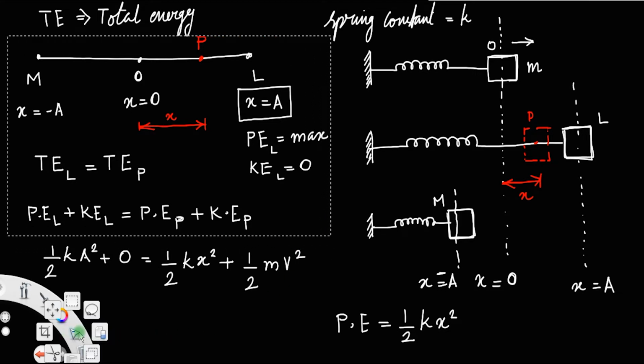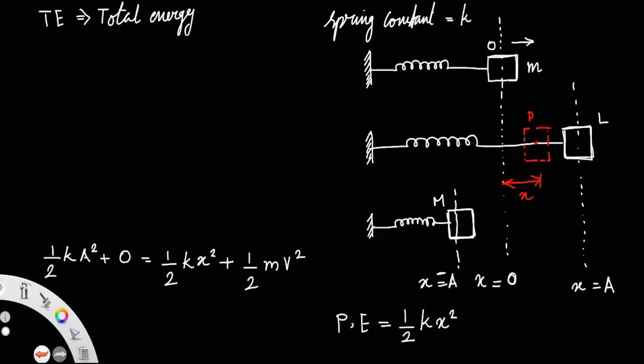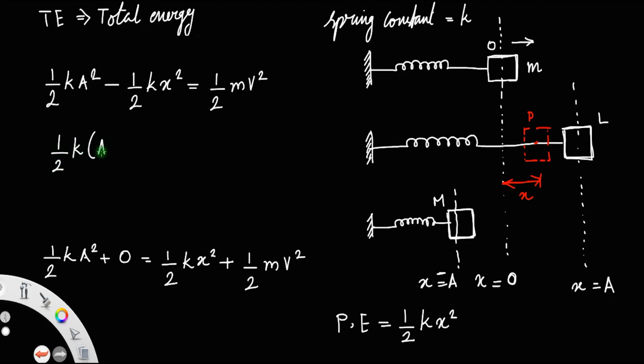So if you simplify this, that is half k a square, taking this term to the left, minus half k x square is equal to half mv square. So half k you can take out, a square minus x square is equal to half mv square. This 1 by 2 and 1 by 2 will get cancelled. So v square is equal to k by m times a square minus x square,